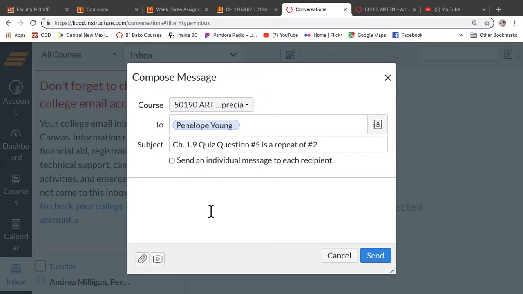So you can do that and you can get a typo credit for 2 points and just say, Penelope, I hope you're having a good day. No, you don't have to do that. So something to that effect, and then put all the information that you possibly can in here. Because when I have to email you back and say which quiz, which question, that takes a lot of time. So give me as much information as you possibly can. Easy way to do this.